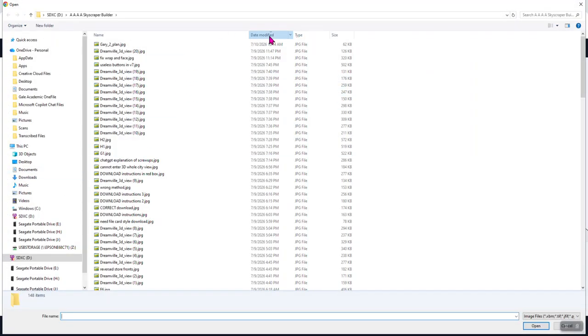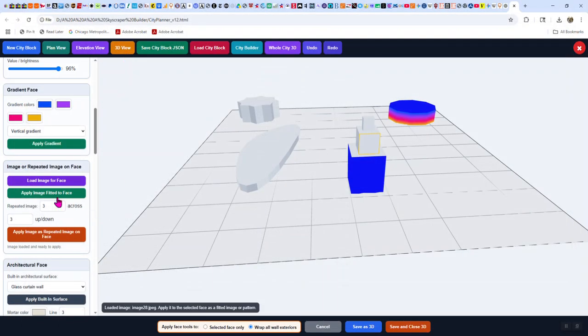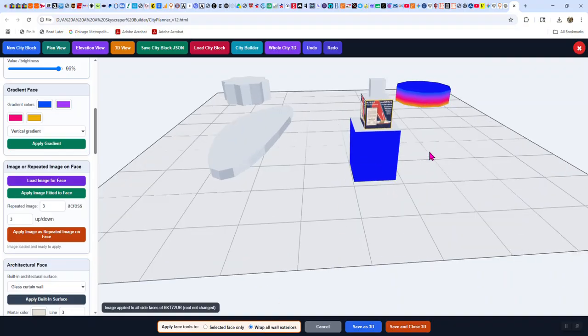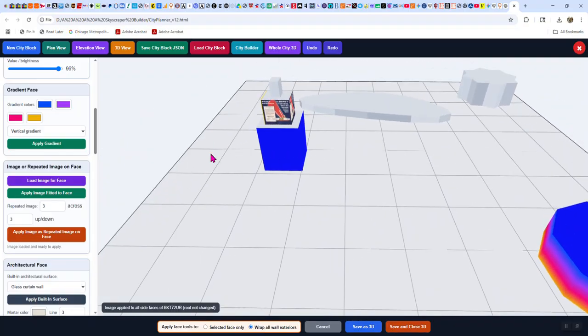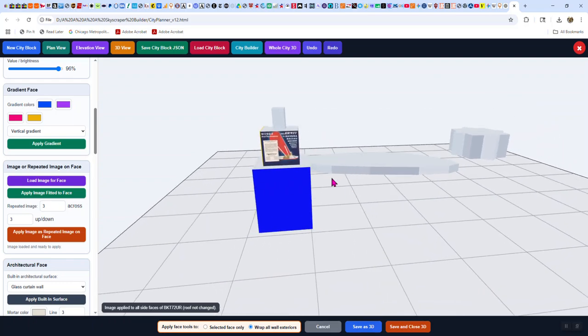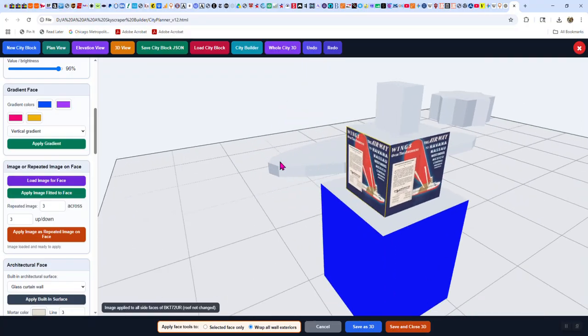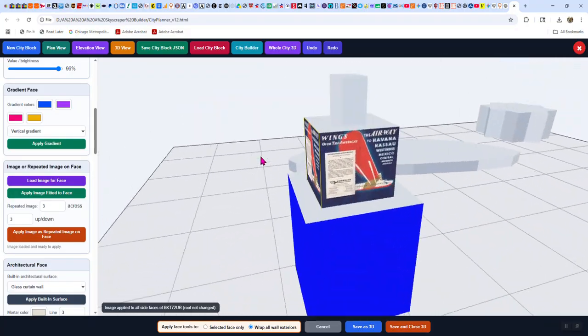I've got a bunch here that I just loaded, and I don't even know what they are, but I put some in, and I'm gonna apply fitted to, so what I've got, oh, and I had left it on wrap. Okay, so we'll leave it with wrap and see if it worked. What it did is it took this old aviation ad that I had, Pan American Airways going to Havana, and that's now like a billboard on all 4 sides.